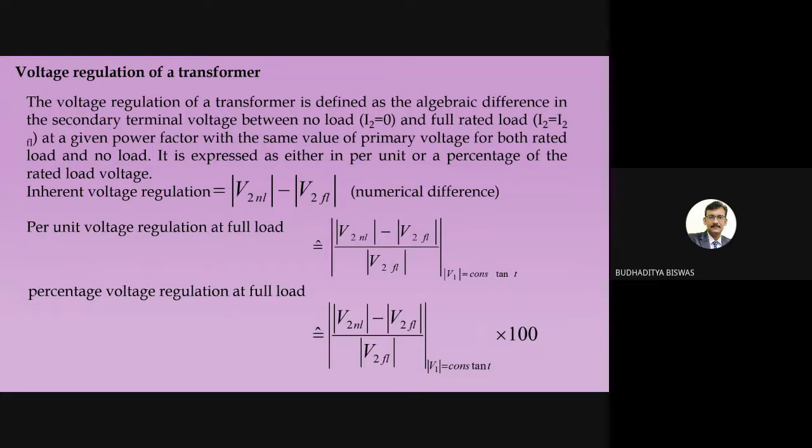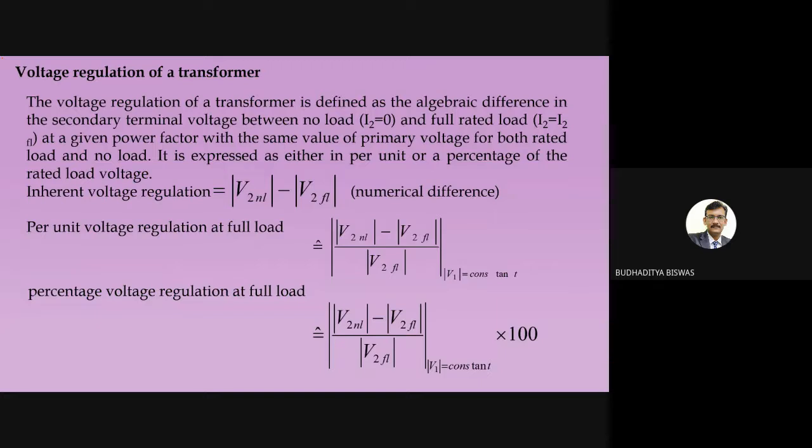Okay, and the second answer is how to minimize the core loss. Using different materials in the core, like silicon steel. This silicon steel gives us very good strength, as well as a very low reluctance path for the core, and its ohmic resistance is also low. Based on this property, we use the silicon core to build a big transformer, and in this way we can reduce the core loss or the iron loss.